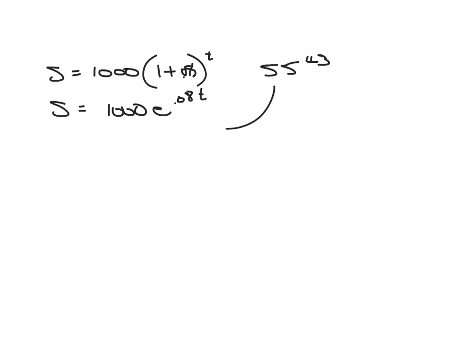Okay, so this one is going to give you a little bit more money, $55.43 more than this one is when you plug the numbers in. Okay, so that's example 4,